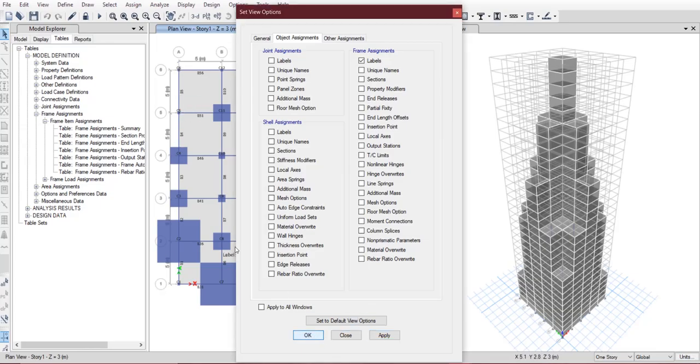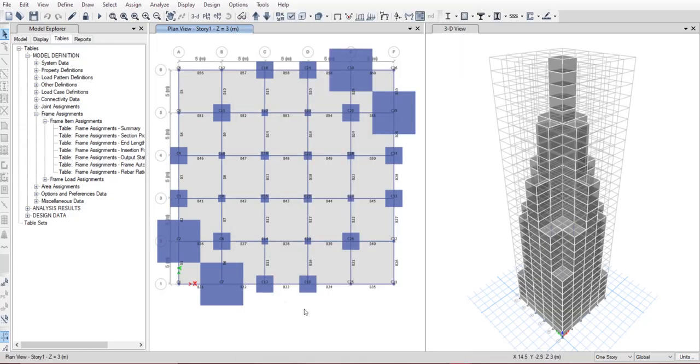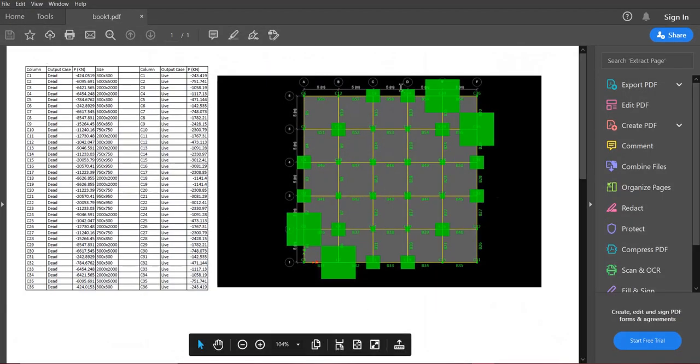So in this way you can view which column has which number assigned. I have done it manually in Excel and exported it as PDF. Here is what I have got.